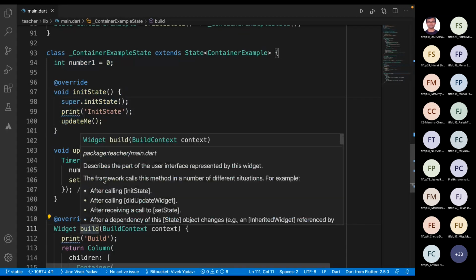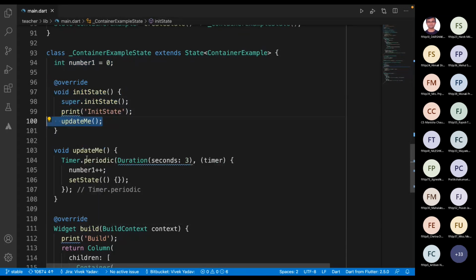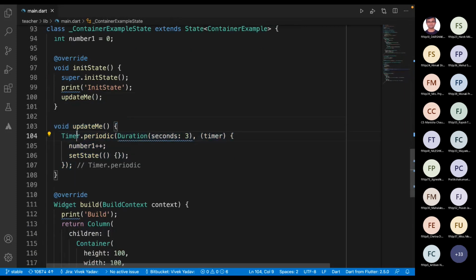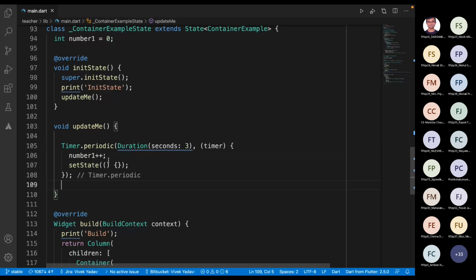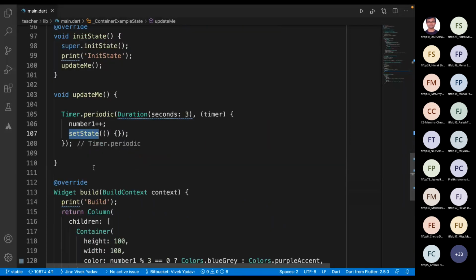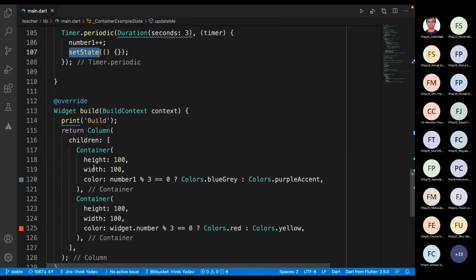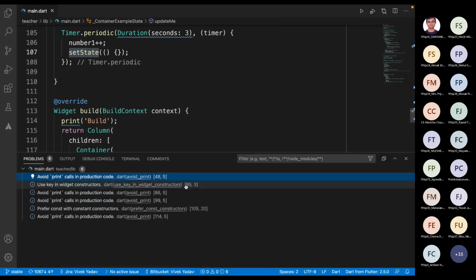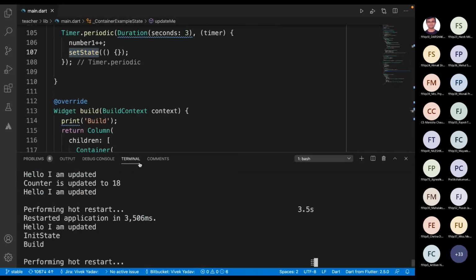In initState we are calling updateMe, and this updateMe has simple code, a Timer.periodic which runs this particular code after every 3 seconds. It will run number++ and setState every 3 seconds, and whenever it runs setState, it will update our UI. So let's see what magic we can see out here.